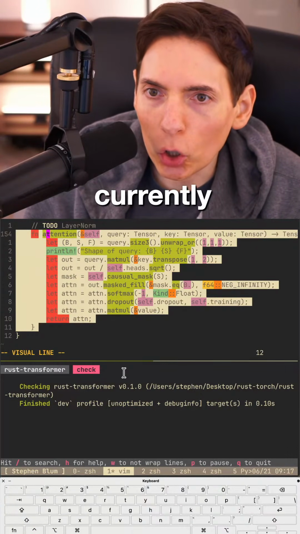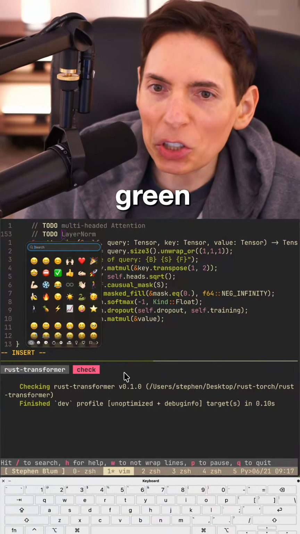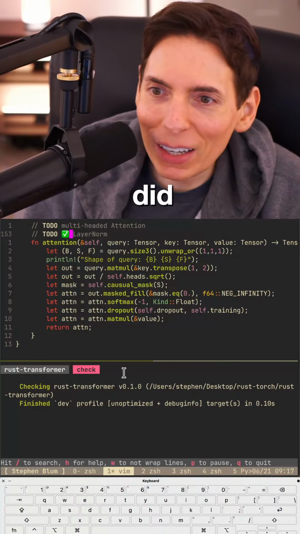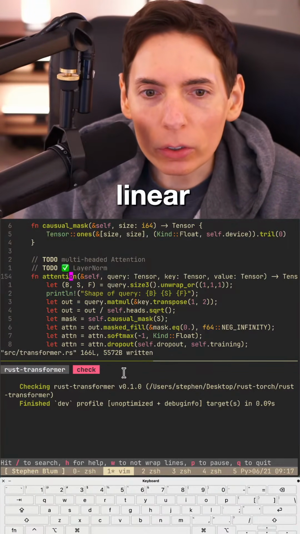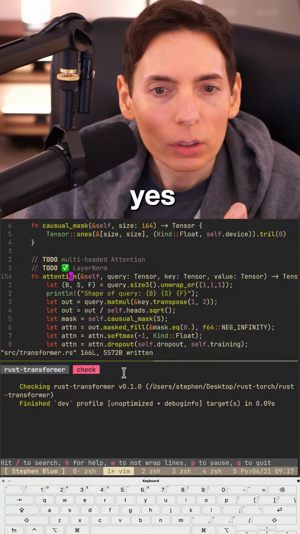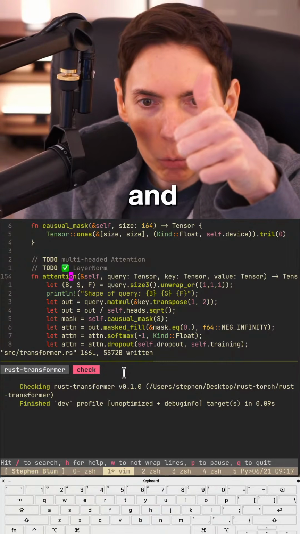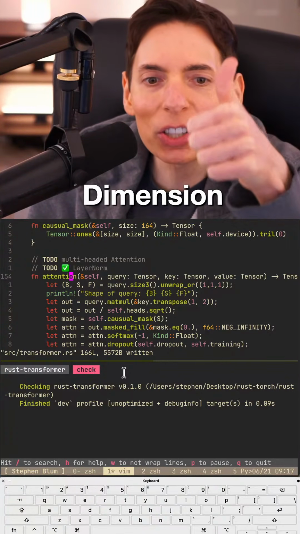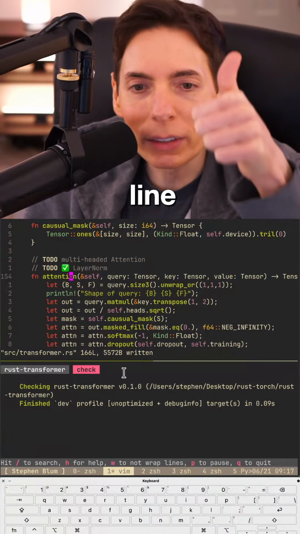Here we go. So we have to mess with this. This is where we have to currently do it. So to do, we did the layer norm. We did that. I'm going to put a little green check mark there because we deserve it. Four linear layers. Wait. Oh, yes. Hidden states. Query, key and value space. All right, we got those. And one to project the concatenated head outputs back to the final dimension size. Got it. Okay, so we need to get one more linear layer.